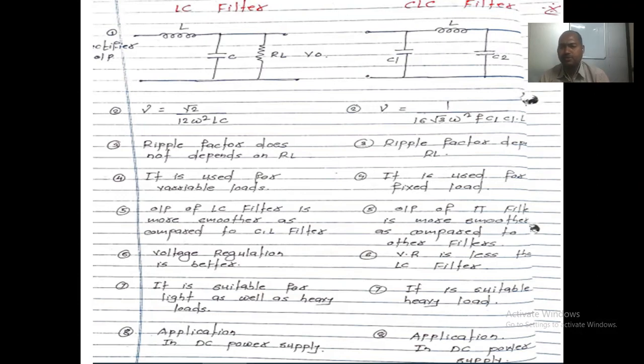Variable load it does not use, that is the disadvantage with respect to the CLC type of filter. Okay, it is suitable for the light as well as heavy load. See, what it indicates